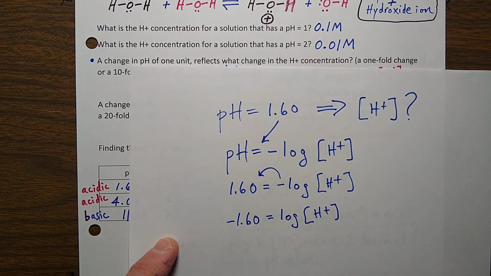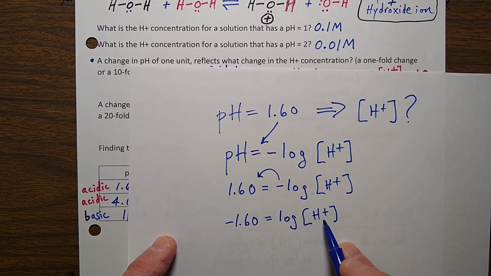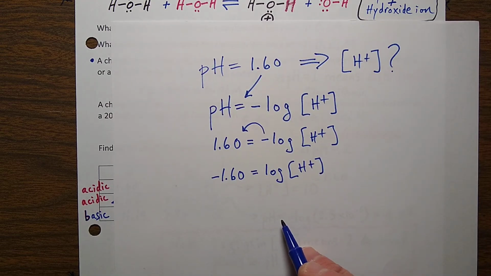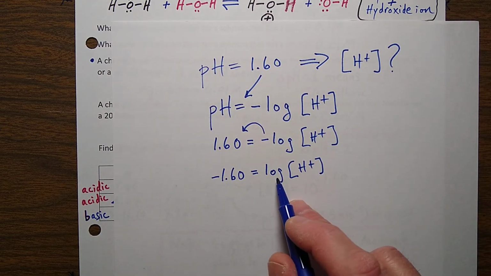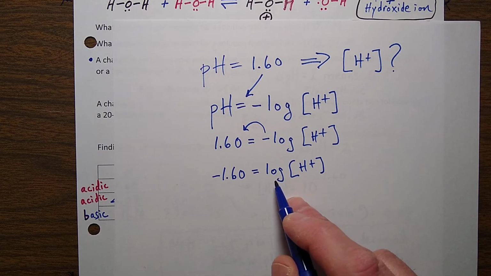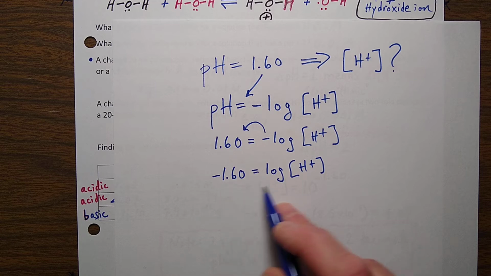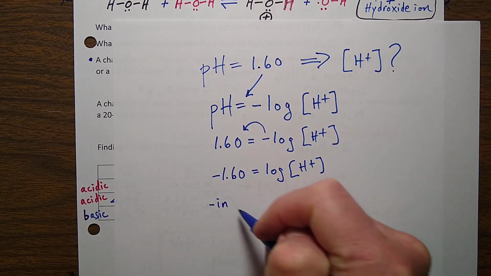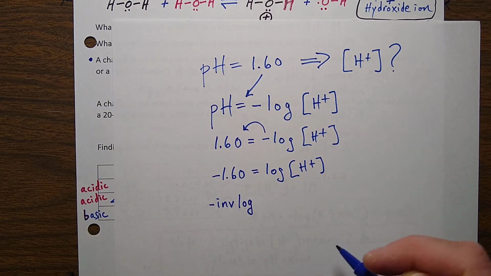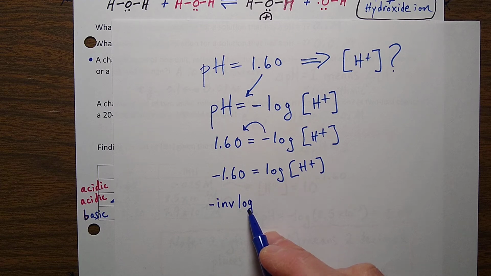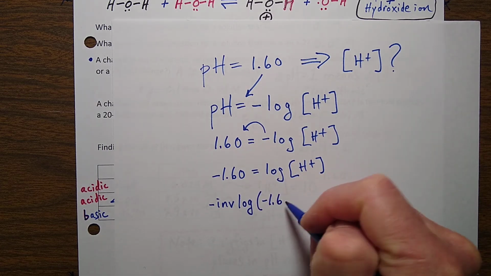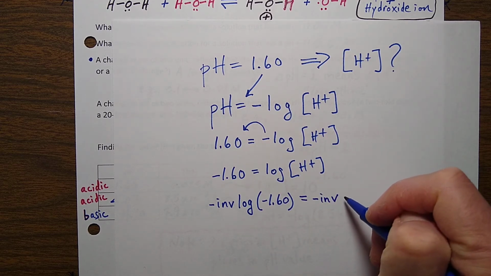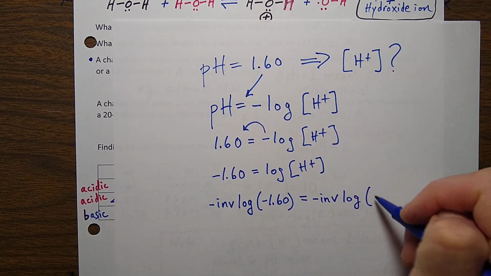This is just math, right? I'm just trying to isolate this by itself. So how do I get rid of a logarithm? Well, I take what's called the inverse log. If I take the inverse log of a logarithm, it essentially cancels it out. But I have to do the same to the other side because it's an equation; I have to balance it. I'll write it as INV log. That's a mathematical term to say raise something to the power of 10. If I do that to this side, I can maintain the equation as long as I do it to this side. So the inverse log of a logarithm,